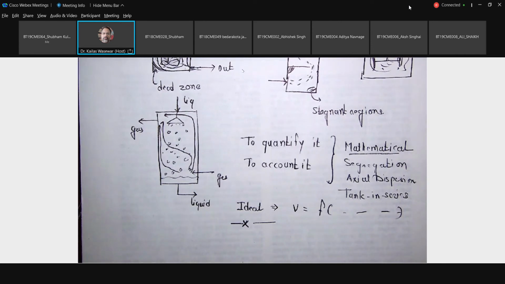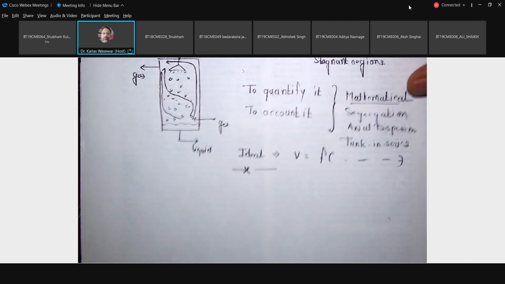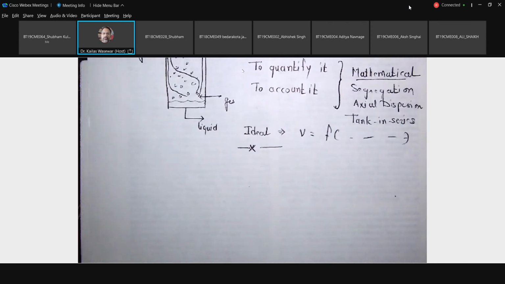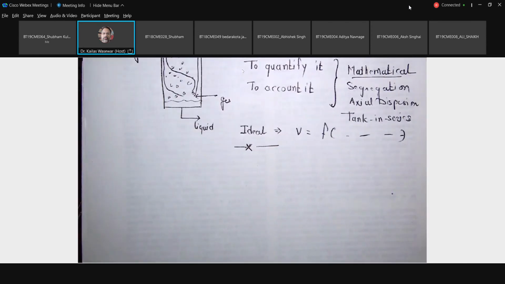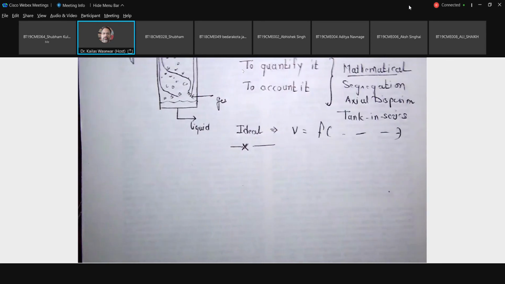That is a non-ideality. The typical definition is for the ideal batch reactor, plug flow reactor, mixed flow reactor. So whatever reactor is deviating from that one, that we can consider as a non-ideality. To quantify that non-ideality, there are certain mathematical expressions, some terminologies that we have to use. So step by step, we'll go for this one.